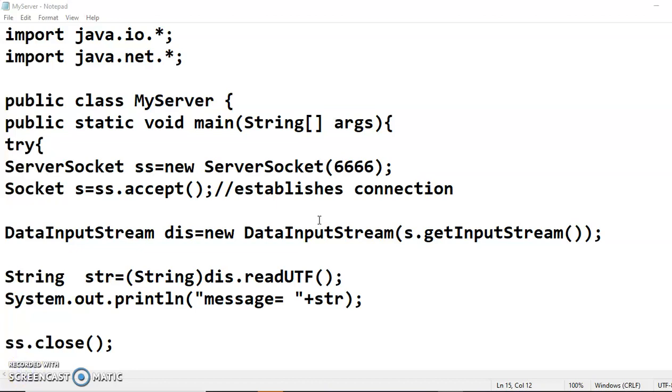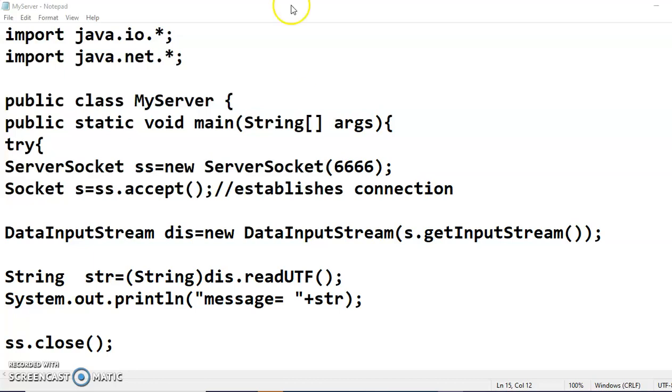So here is a program for that. As you already know, it is for communication between two applications, so we need to write two programs. One program will act as a server and the other program will act as a client. As we are demonstrating, we are making it simpler: we just want a simple message from the client, which the server can receive and print. So first we'll begin with the server application program.